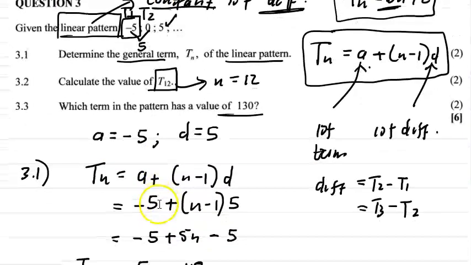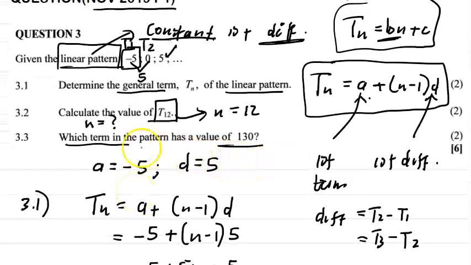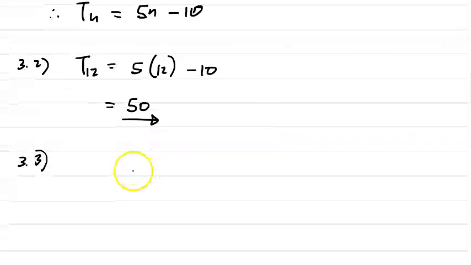And the last question is, which term in the pattern has a value of 130? So therefore, which term means that they want you to calculate its position, and we want to solve for n. So therefore, for 3.3, I'm going to do the following. Remember now that they said which term in the pattern has a value of 130. So the same 130